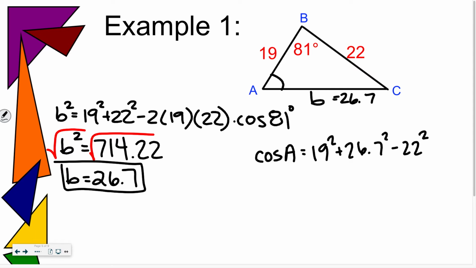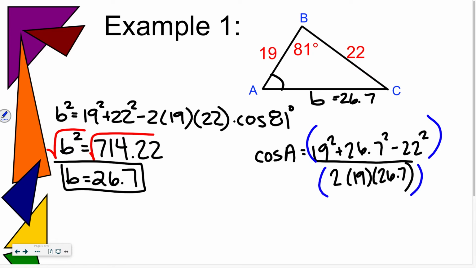And then you always subtract the side that's opposite, its square. And then divide by 2 times these first two numbers, the two that are including the angle. So 19 times 26.7. Now, I know this is going to come out to an acute angle because I already have my biggest angle. But just in terms of practicing law of cosines, we'll do this one. Now, when you're typing that in your calculator, because you have plus or minus in the numerator, and because you have multiplication in the denominator, you would need a big set of parentheses, right? Okay. And you should get a small number